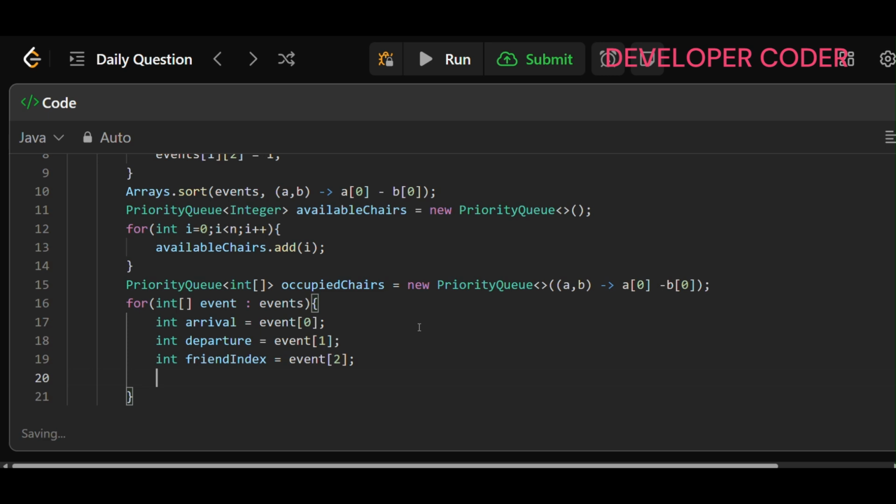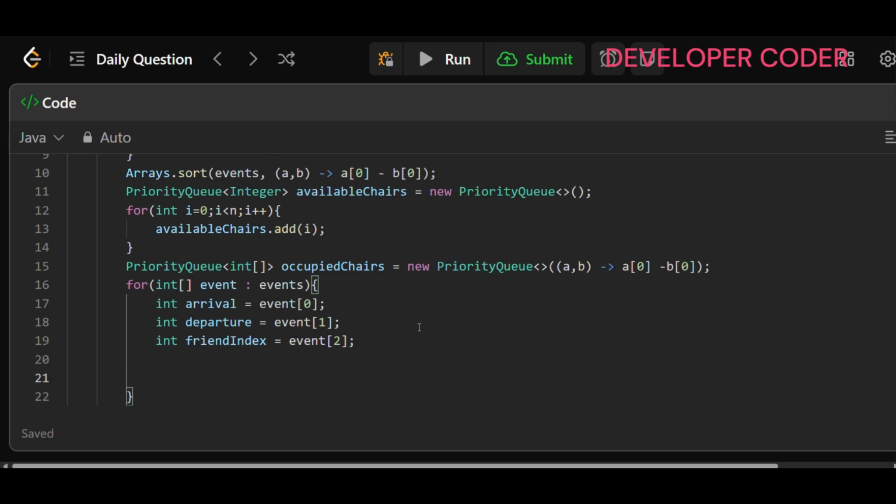All right, and then here, first we have to check if there is any chair from my occupied priority queue which I can use. So here I'm just going to check first whether occupied chairs is not empty. If it is not empty, then check for this condition, the top element, occupied chairs dot peek, index 0, the departure. If the departure of that person is less than or equal to the arrival of the new